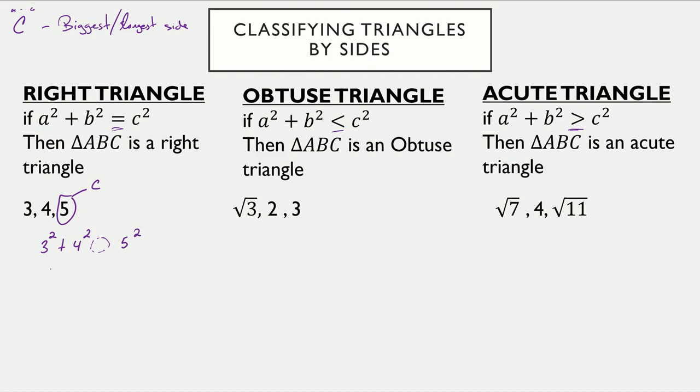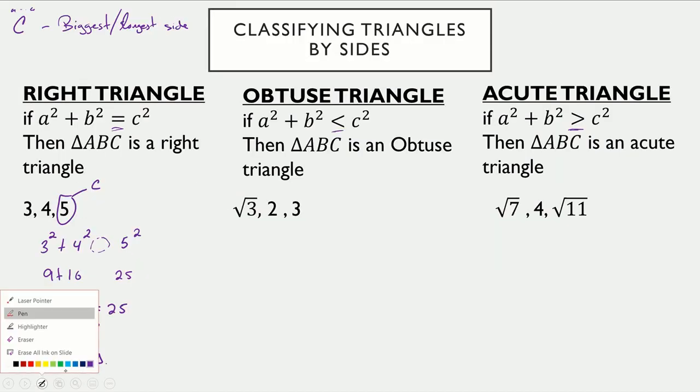And so 3 squared is 9, 4 squared is 16, 5 squared is 25, 9 plus 16 is 25, and that's equal to 25. So because these are equal, then we say that these sides represent a right triangle. And so we approach it the same way. So now we